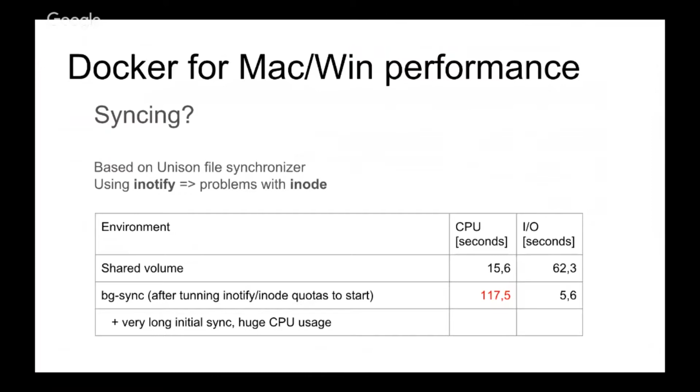So if you change something in your editor, the file system has to tell something that a file has been changed, and this is monitoring all these files. With this, we had files directly in the container. We had another set of the same files on our host machine. So the performance issue about I/O has been fixed, but it was not better. It was much worse because we had huge CPU usage,